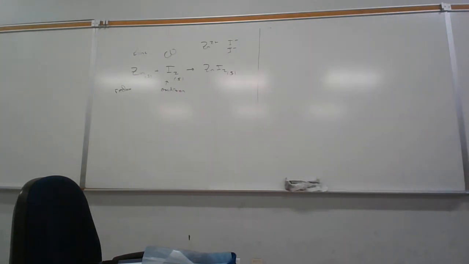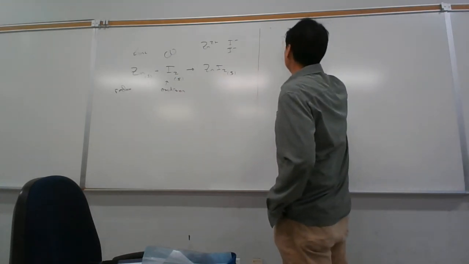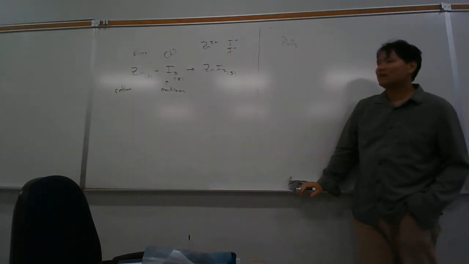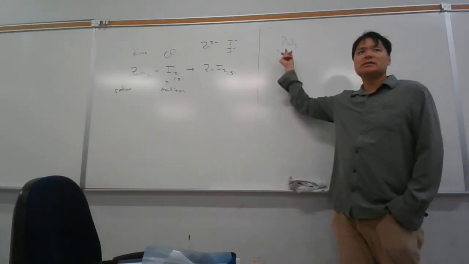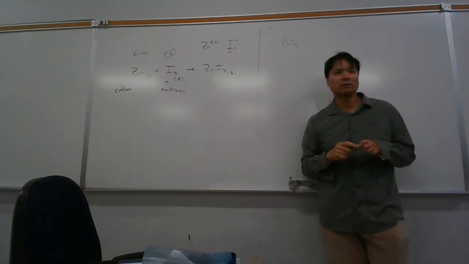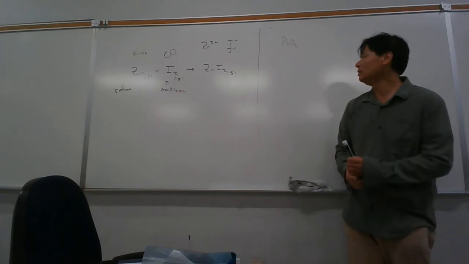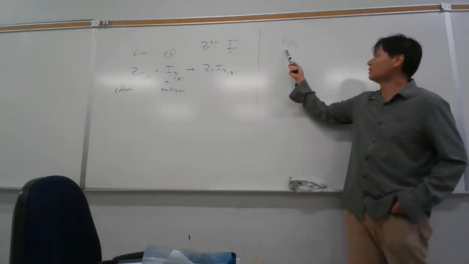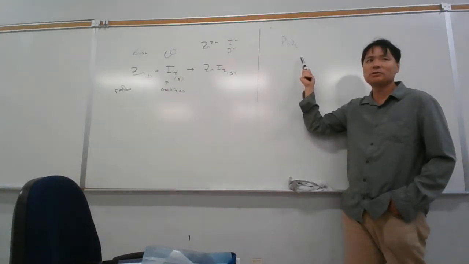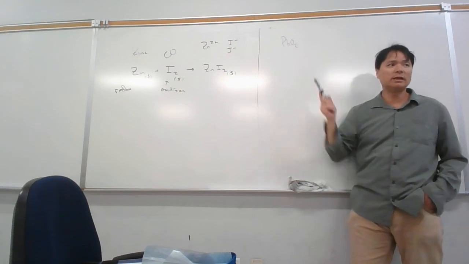PbO2. PbO2 goes to what? Now, PbO2, what is the name of that? Is this a binary molecular compound or an ionic compound? It's an ionic. So we wouldn't use the binary molecular. Binary molecular would be all nonmetals. We call this lead dioxide. Although some people do call this lead dioxide, it's not the proper name. The proper name would be